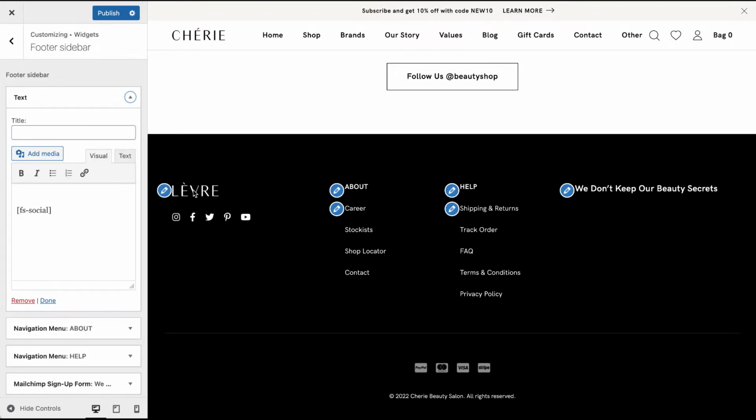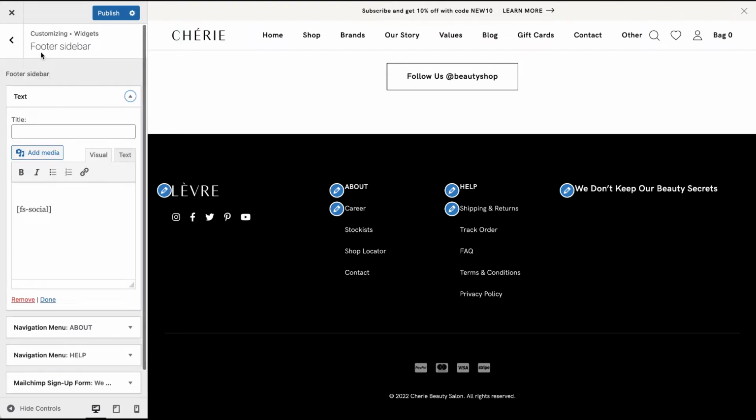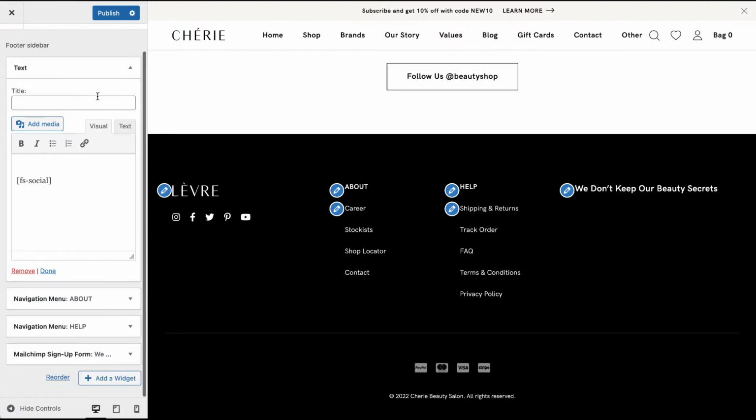For example, here I want to change the logo. I can see I was navigated to a different section in the customization side panel, footer sidebar. And here I can see 4 expandable elements. Each corresponds to a column in the footer. The first one is a column with a logo and social media icons. In order to change the logo,